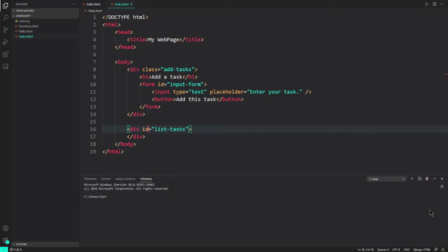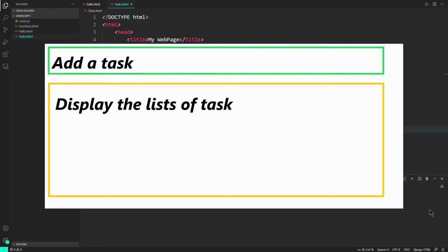So before starting to code, we are first going to see what our layout and design are going to be for our to-do app. As you can see, I have created a simple drawing where the first div has a header tag, then it has a form that we are going to fill to add the particular task, and inside the second div we are going to store the elements that have been entered into the form.